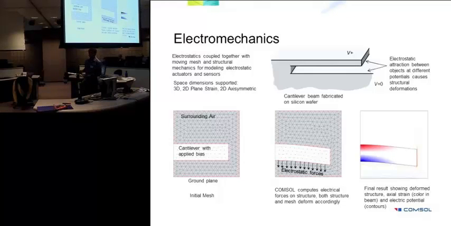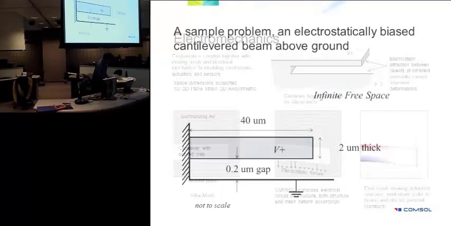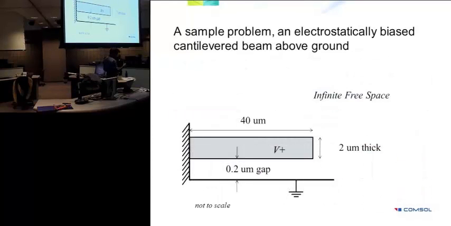You apply an electrical potential difference to this beam, and then the beam bends, by first calculating electrostatic forces, which cause the beam to bend. Physics-wise, I'll break it up into each physics at a time. So if you have a beam, it could be any length, width. Usually these are high aspect ratio structures. And you apply a potential difference across the gap